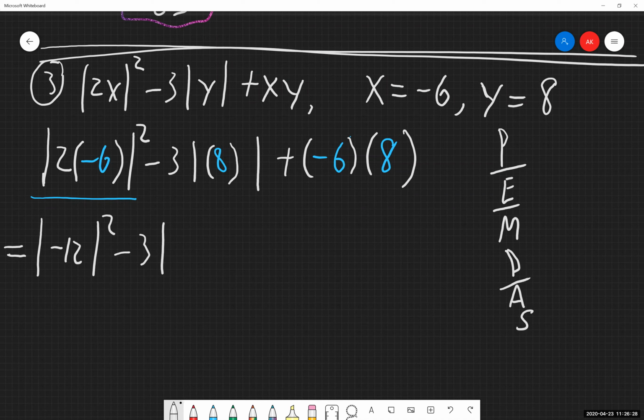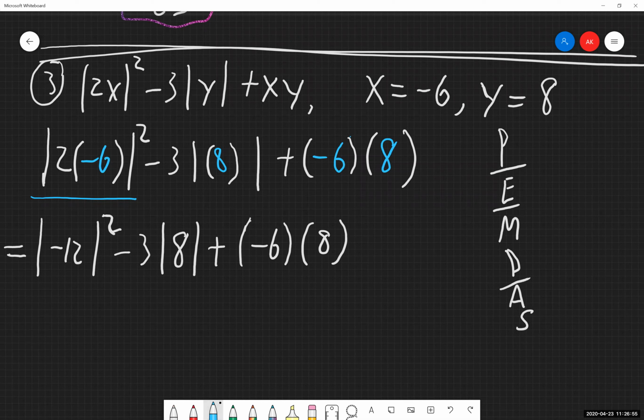Minus 3 times the absolute value of, I just have 8 in there. It started off as a positive in that middle term, so I can just take those parentheses out at this point in time, since I know what the value is and I don't need to have it multiplied or divided by anything else, so I can leave that there. So now from here, I'm still not done with my sets of parentheses.